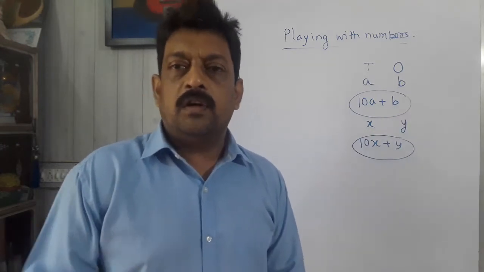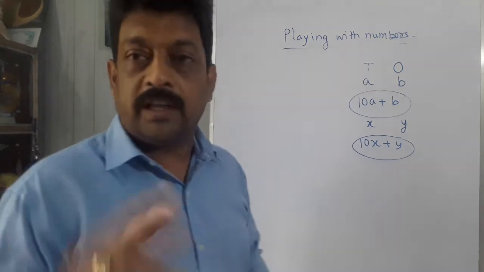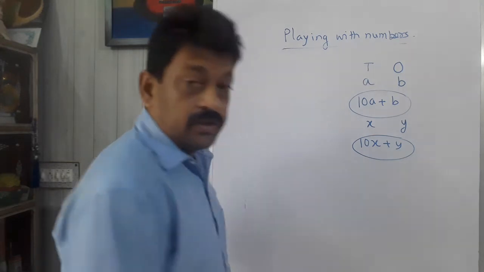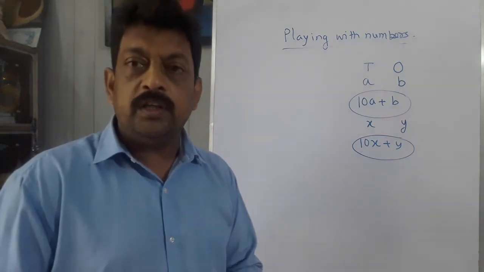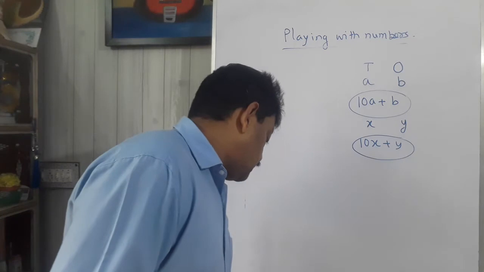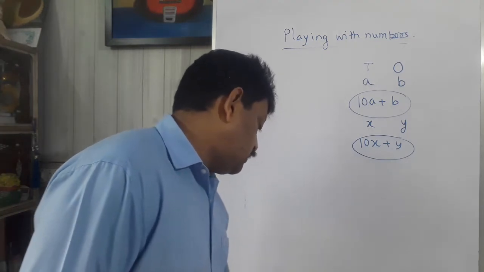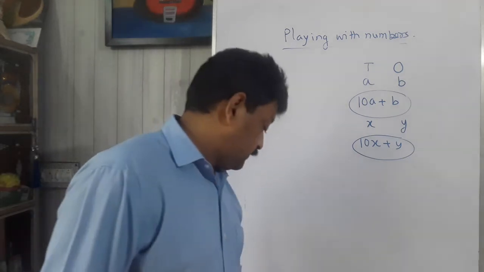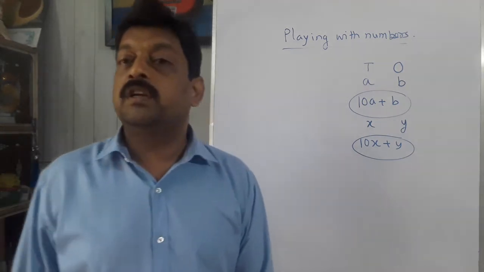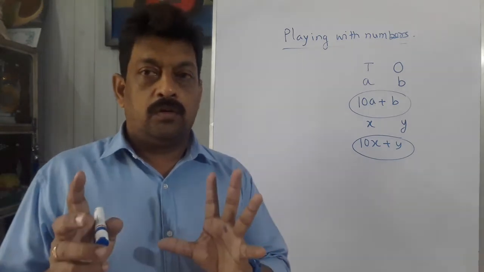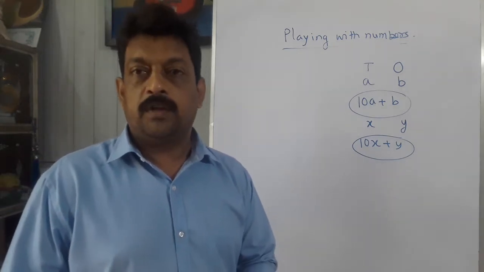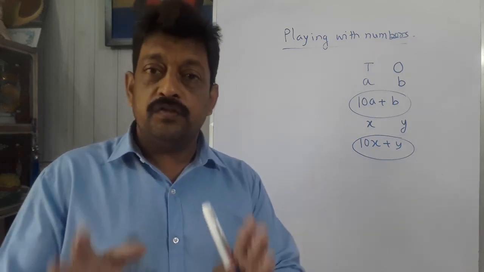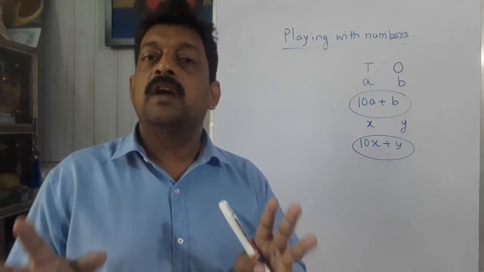Let us go through one example. Let me tell you one question and how it is solved. In the question it is given that in a 2-digit number, the digit at the unit place is 4 times the digit at the tens place, and the sum of the digits is 10. We have to find the 2-digit number. The first condition is that the digit at the units place is 4 times the digit at the tens place.